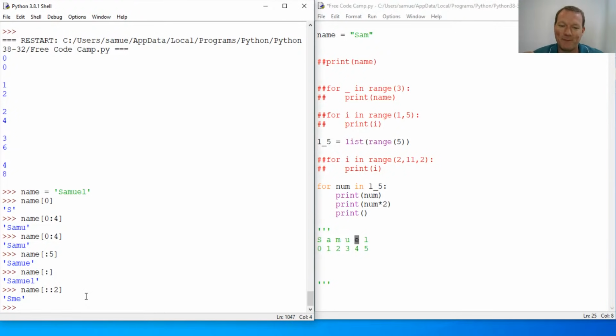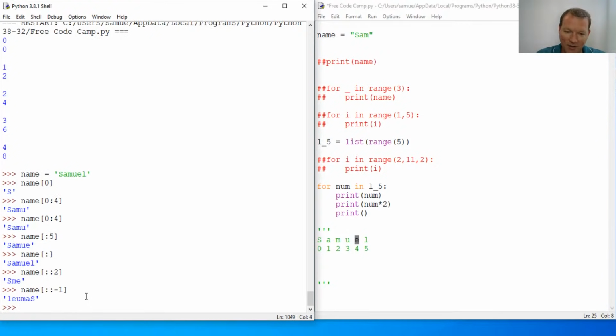Now, all right. Now let's look at how to go backwards. Negative. So I'm going negative in reverse one time. So this is a way that you can take the string and reverse it. So this is a very cool test. If you've ever heard of palindrome. So palindrome. So this is a very good test to how could you take